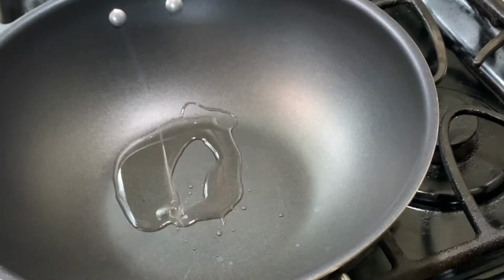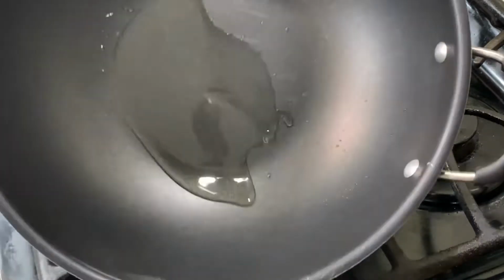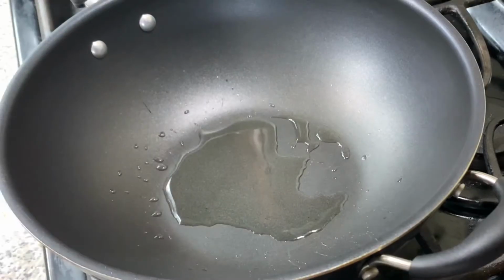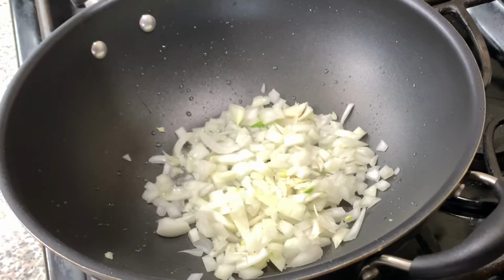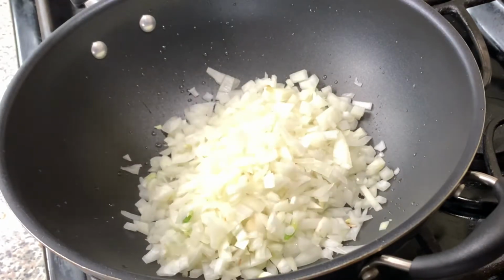1 hour later, the chicken is nicely marinated. Then I have heated up a wok and have added 1 tablespoon of vegetable oil to it. Just gave it a quick swirl. Now adding in 1.5 large onion chopped up in small pieces like that. I'm adding it to the wok now,